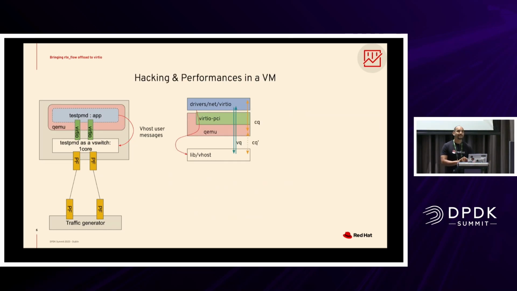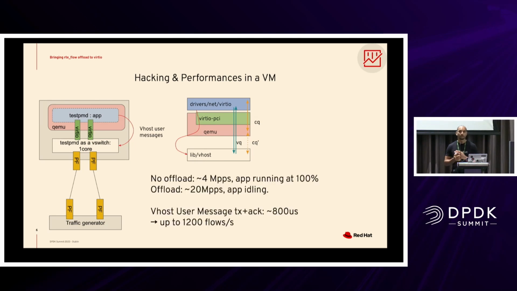What if we add QEMU and a virtualization layer in that process? As you can see, the software stack is slightly different, because that time we have to go through QEMU to forward those packets, or to forward those Vios flow updates, sorry. So we do get on the single flow exactly the same throughput and packets per second. That's the good news. From the PPS and the throughput, we go from 4 million packets per second to 20 million, and the app is still idling. That's great. Yet,